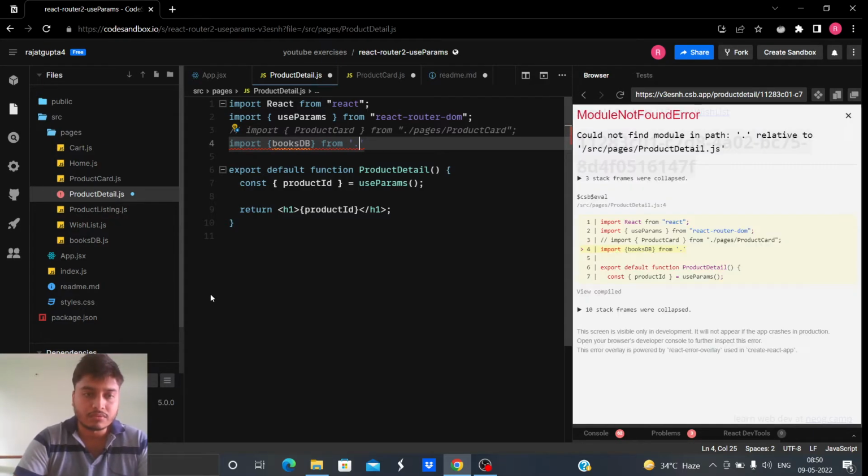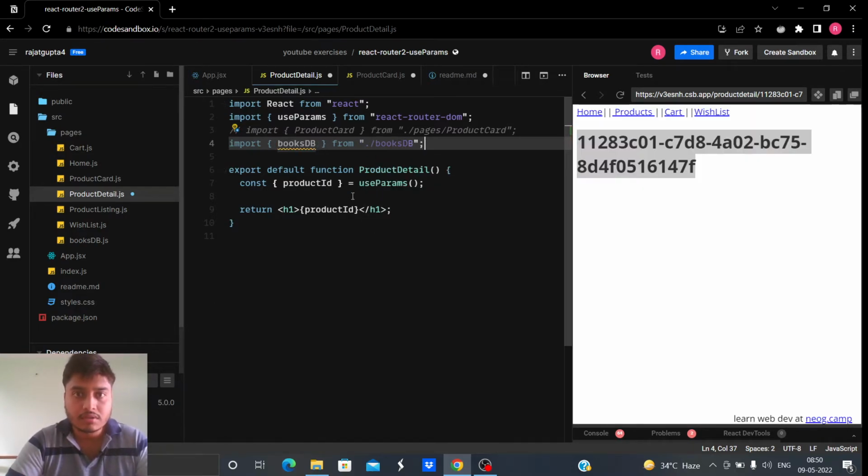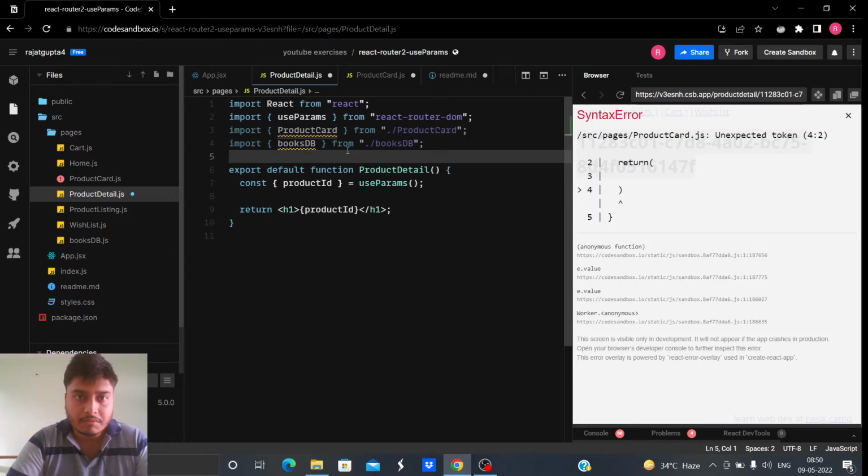Okay, I don't have to go to the pages. So yeah, booksdb. Here also no need to go to the pages because it's in the same directory, no? So yes, I have imported booksdb and I have imported this.